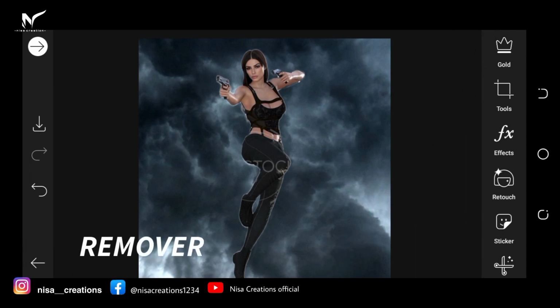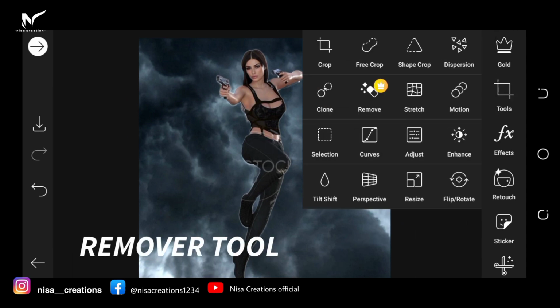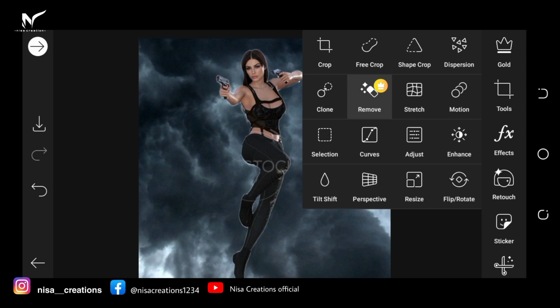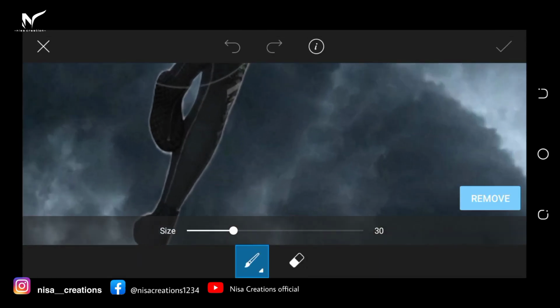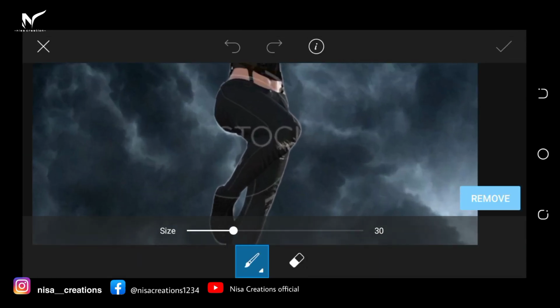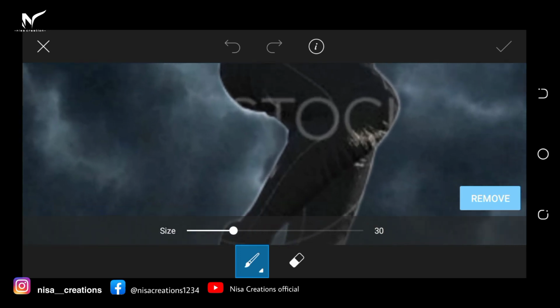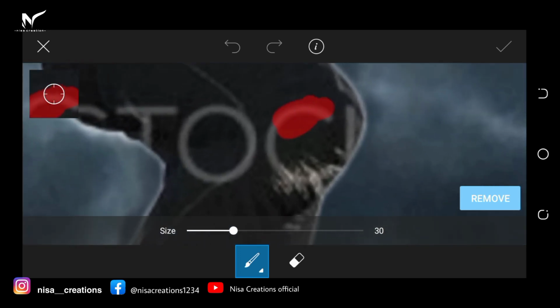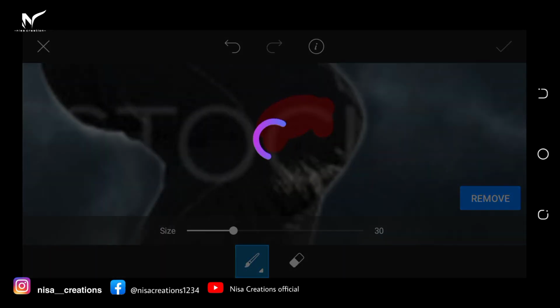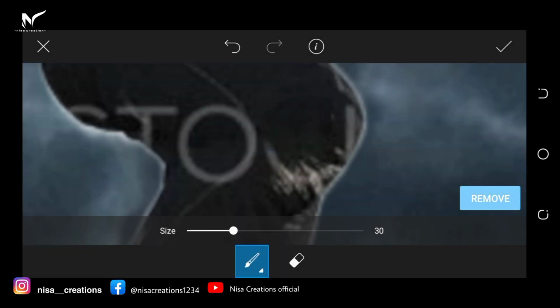So I'm gonna talk about the remover tool. Here it is. If we need to remove any sort of point, like let's suppose if I want to remove this area, it will take some time, but it will remove it. See,